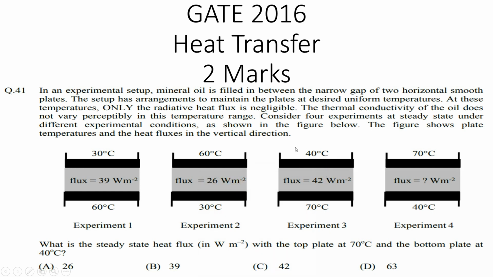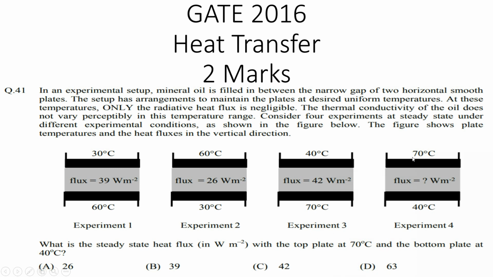Now come to this point. It is given 40, it is given 70. Here is the same concept. For the lower layer, the density will be lesser, so it will start to go in the upward direction, right? So there will be a convection of the fluid. You can see one more thing. If this is at higher temperature, then the density will be lesser for this layer of fluid, so it will not go in the downward direction. So there is no convection, right?